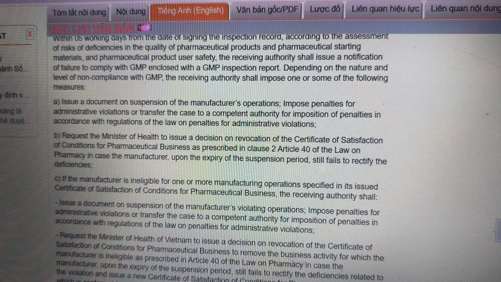Request the Ministry of Health of Vietnam to issue a decision on revocation of the certificate of satisfaction of the conditions for